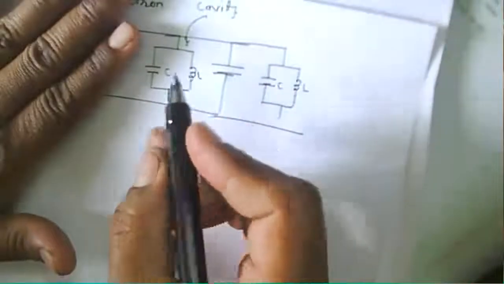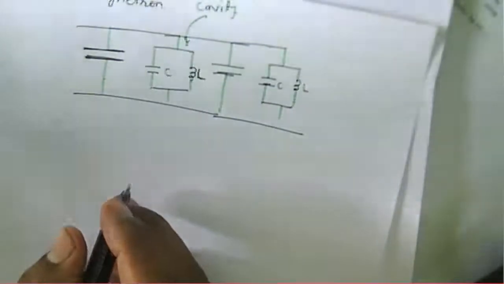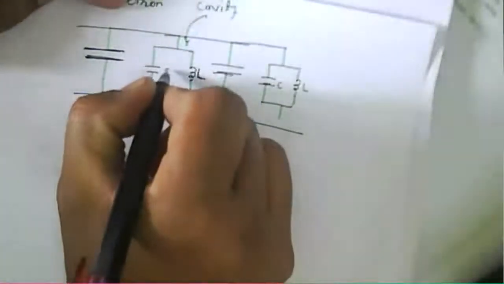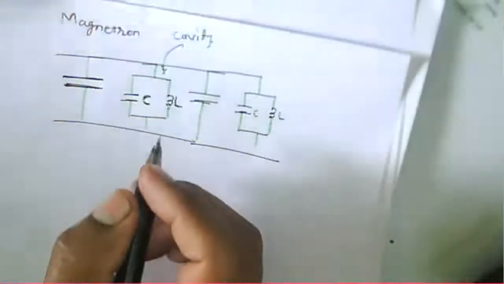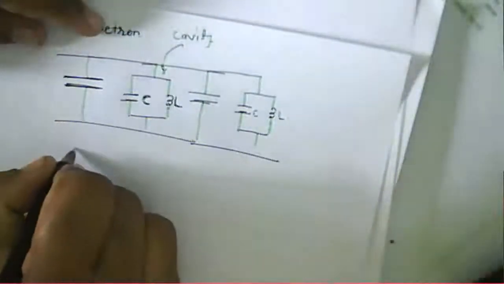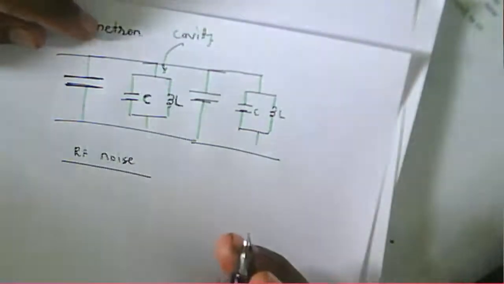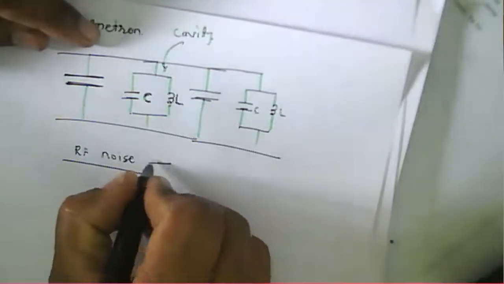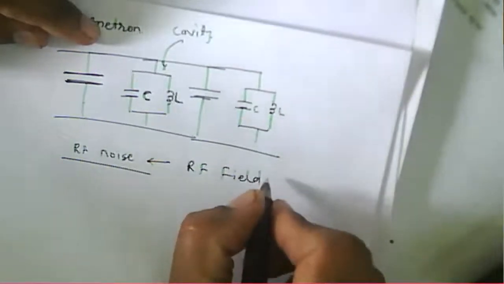Now we have a scope to change the C here. That is about a C for your anode and cathode. And here we have a scope of changing the L and C based on this cavity. Now, since the cavities are identical in the magnetron, LC is a constant there. Since LC is a constant, RF noise is generated at the mouth of the cavity, and that will be a constant. Due to this RF noise, an RF field exists.